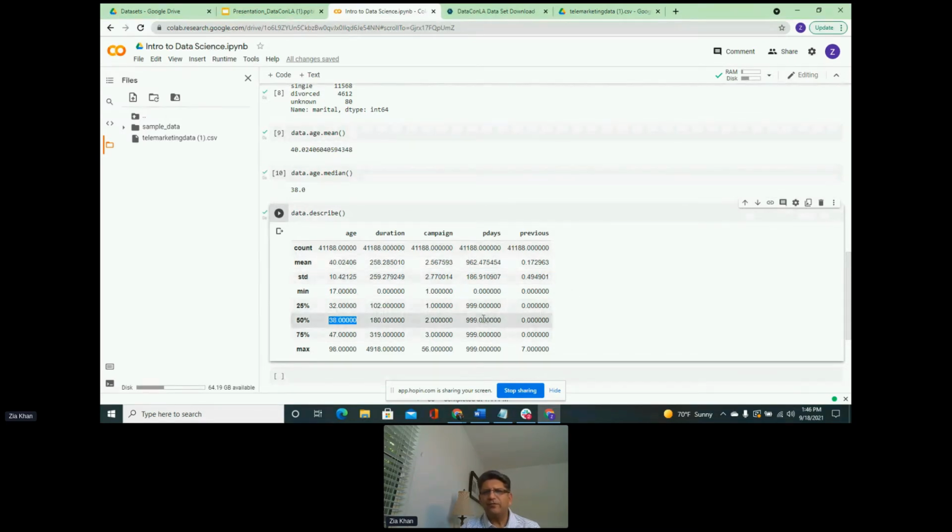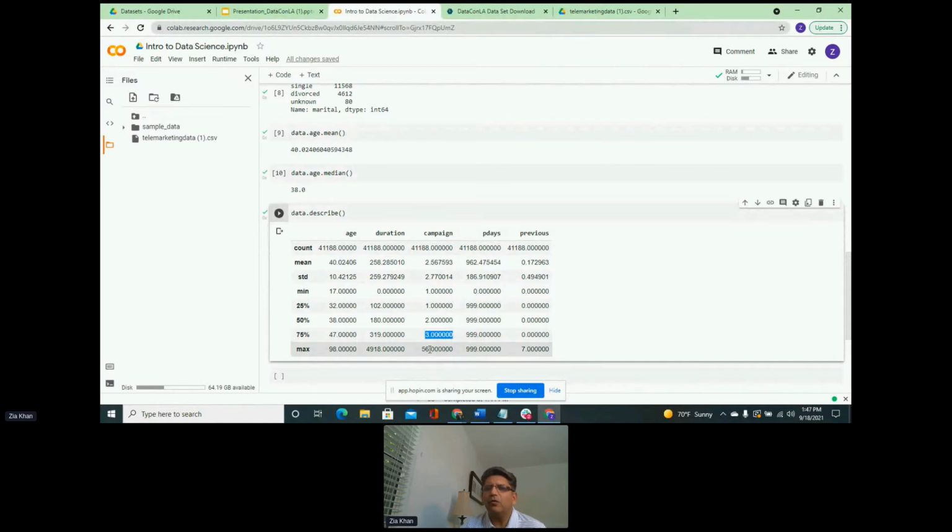While we wait for a reply, I am actually going to tell you a little bit more about what we see in this campaign column. We have a maximum of 56 campaigns that we have run. The majority of the people were part of about 2 campaigns. 75% of the people were part of 3 campaigns or less.